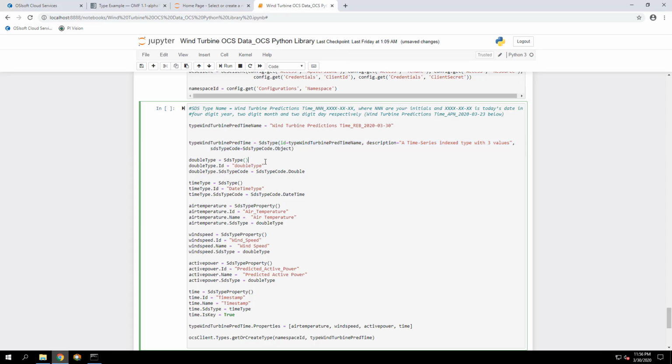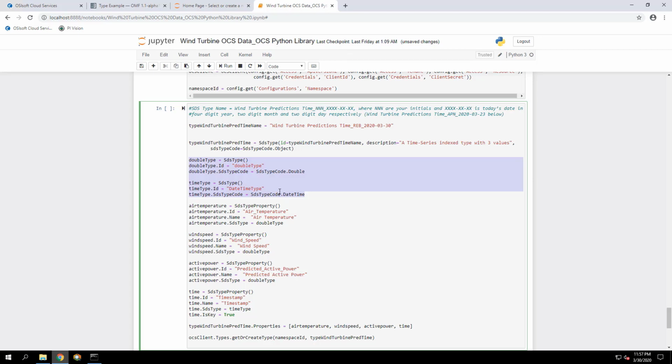And then under that is where we specify the properties. So first we have to specify the atomic types we're going to use. So what atomic types are, basically the unit types. So remember we're going to have these 4 properties. One of them is timestamp, and all the other properties are either double or single.